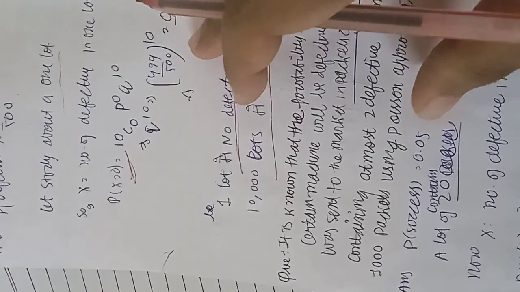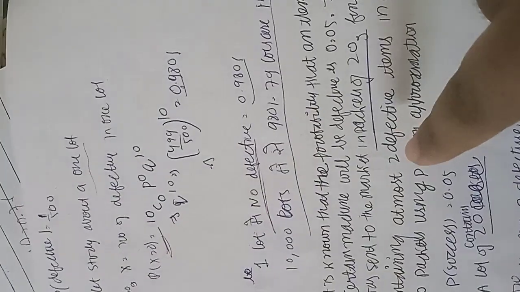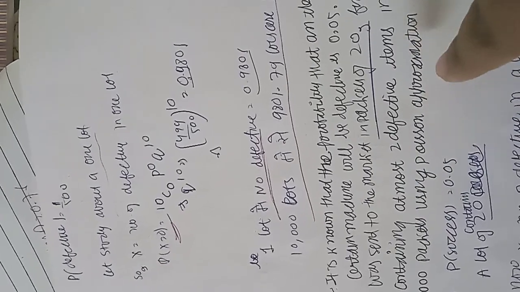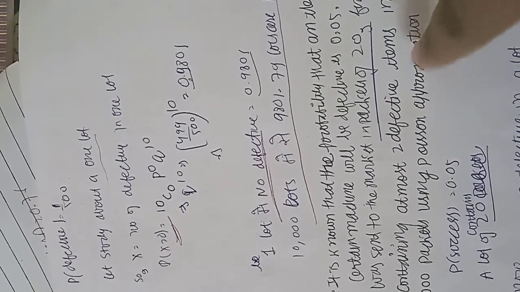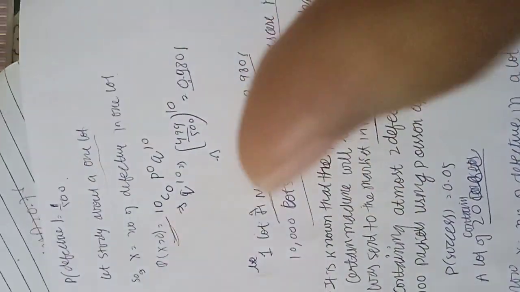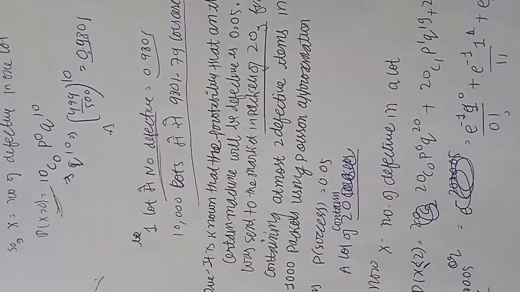It is known that the probability that an item produced by a certain machine will be defective is 0.05. Probability of success is 0.05. Items are sent to the market in packets of 20. Find the number of packets containing at most 2 defective items in a consignment of 10,000 packets using Poisson approximation. So first of all we have to study about one lot. One lot contains a packet of 20. Okay,